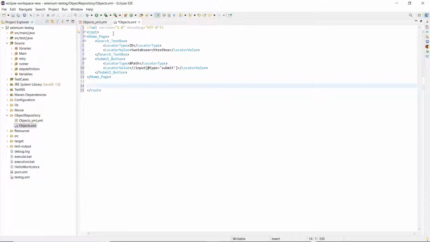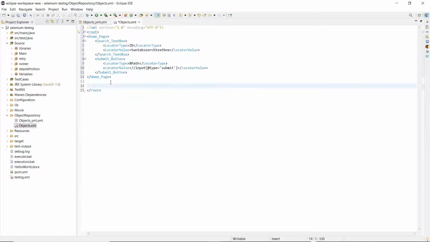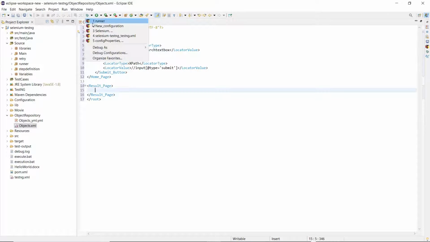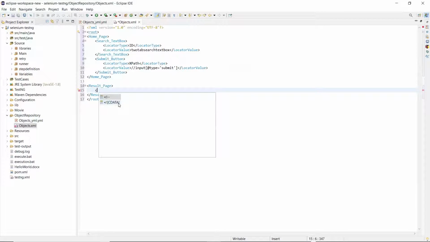After that, for a new page, I'm going to create a new node under the root node. The next page is the result page. Inside the result page, I'm going to add the objects which lie under the results page. The first object is the Selenium book link.